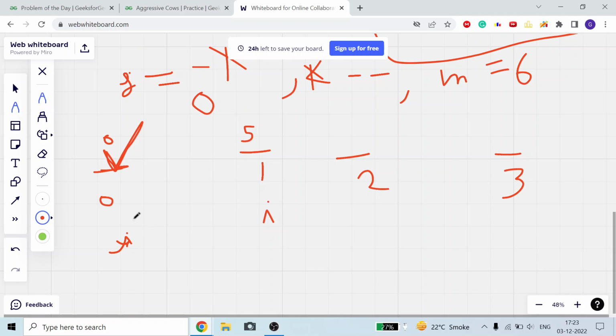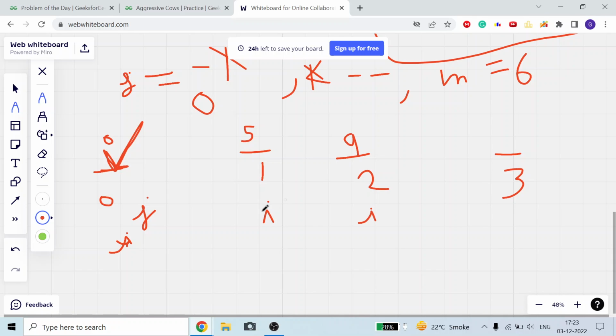Okay, so our j is here, so we check whether j is equal to -1. No, it is not. So we check whether the distance between the ith and jth stall is greater than or equal to m. If it is, then I will assign a cow. If it is not, then I will not assign a cow. Why? It is 6, the distance between i and j is 5, meaning I cannot assign a cow here, because if I assign, then my minimum distance cannot be greater than or equal to 6. So I will move my i to here.